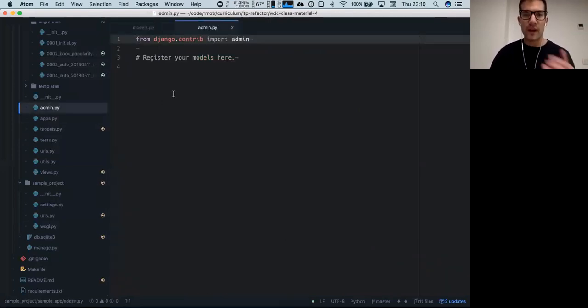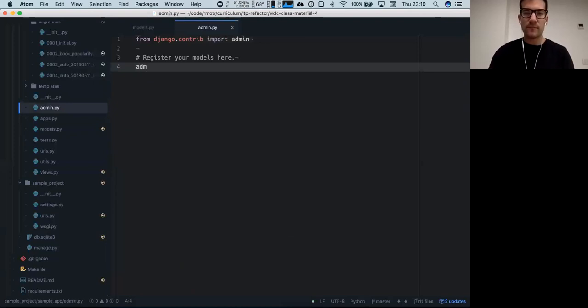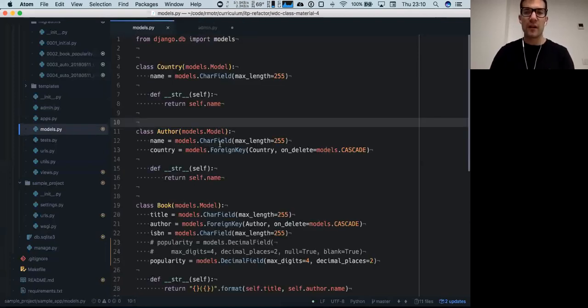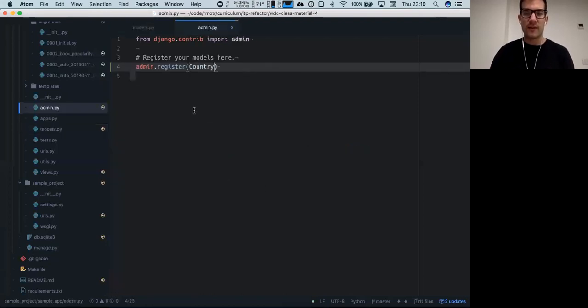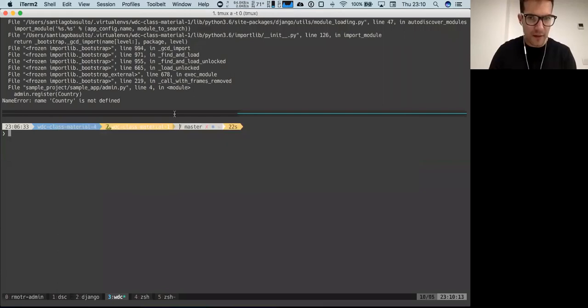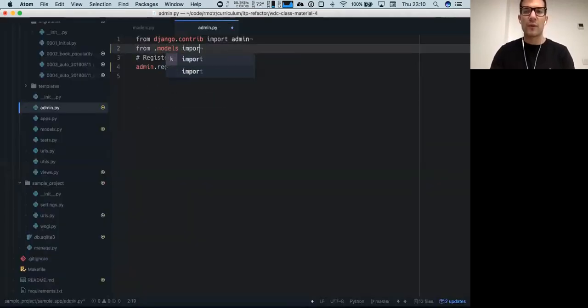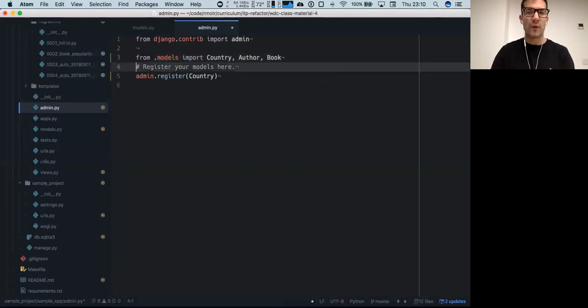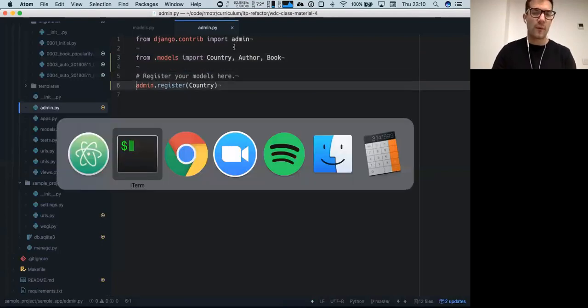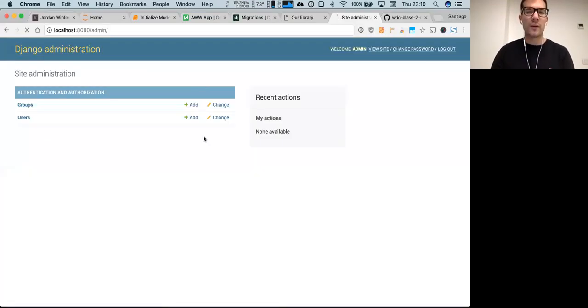The only work that we need to do here is registering our models, and it's going to be something like this: from models, import Country, Author, and Book. And I'm going to show you what we do first, and then once I show you how it looks,